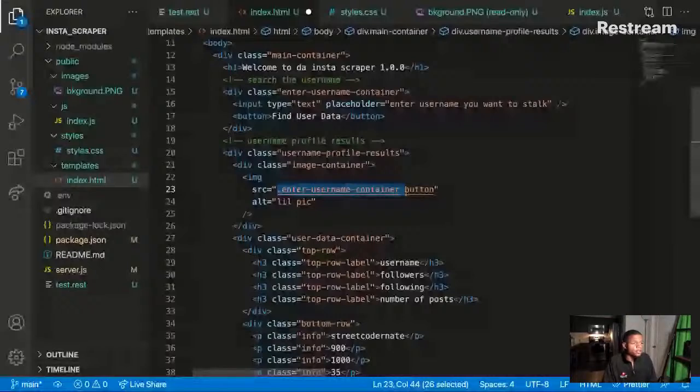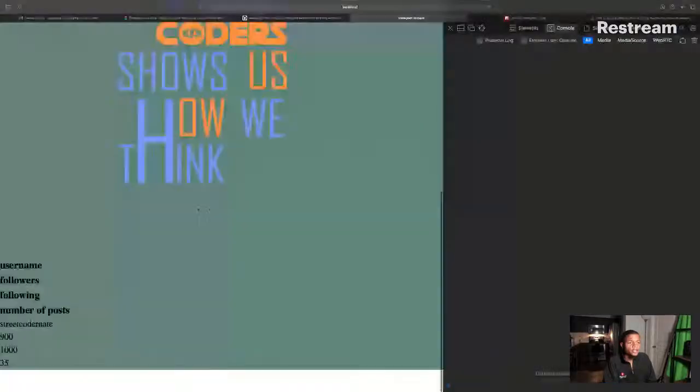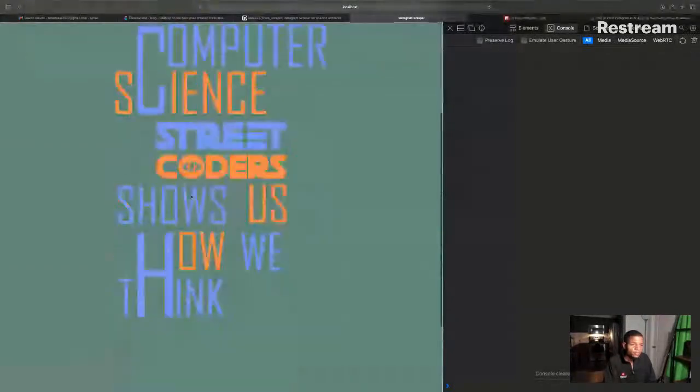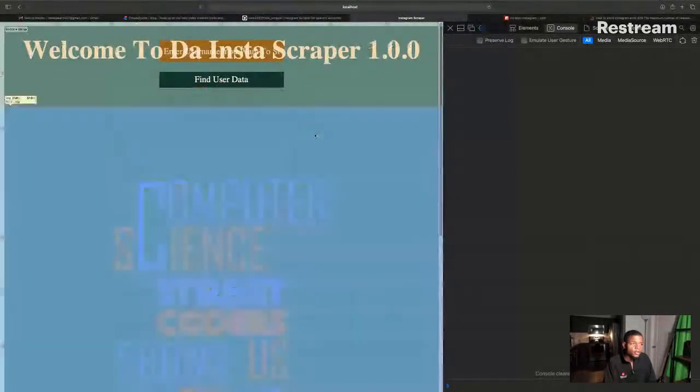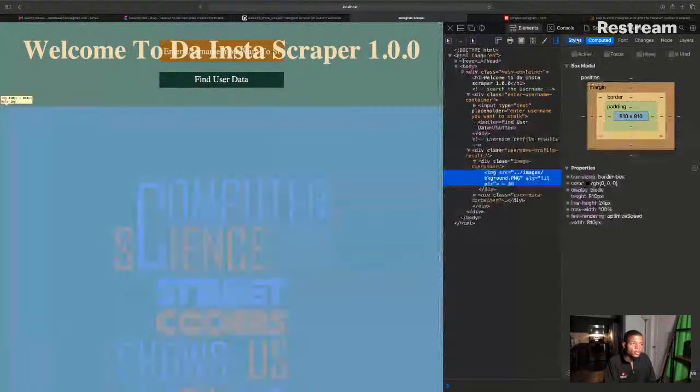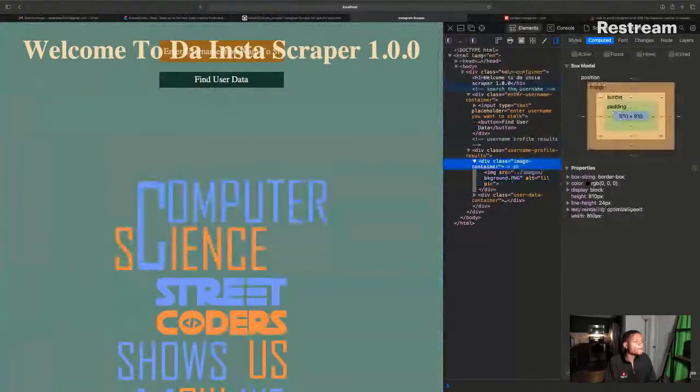I know where it is. All right. We'll go // images background. Cool. So it loads now. The background. Cool. Right there. So what I'm gonna do is style this background down to fit inside its container, and the container is going to